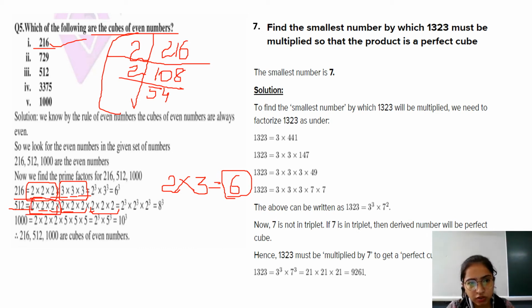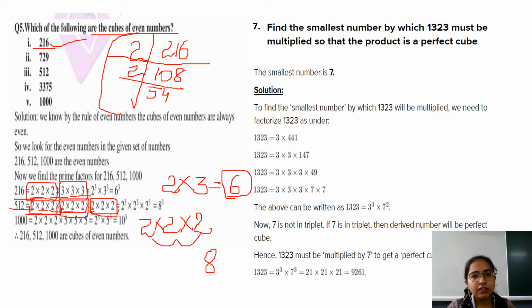From this pair, that is 2 into 2 into 2, I will take one 2 common. From this, I'm making a box now. From this I will take one 2 common, and from this I will take one 2 common, and from this I will take one more 2 common. So three 2's will come out. 2 multiply by 2 multiply by 2: 2 2's are 4, 4 2's are 8. So 8 is the cube root of 512. Clear? If 8 is the cube root of 512, is 8 even or not? It's an even number. So yes, you can write that 512 has a cube root of 8, which is an even number. Clear? Same like 1000 you have to do.